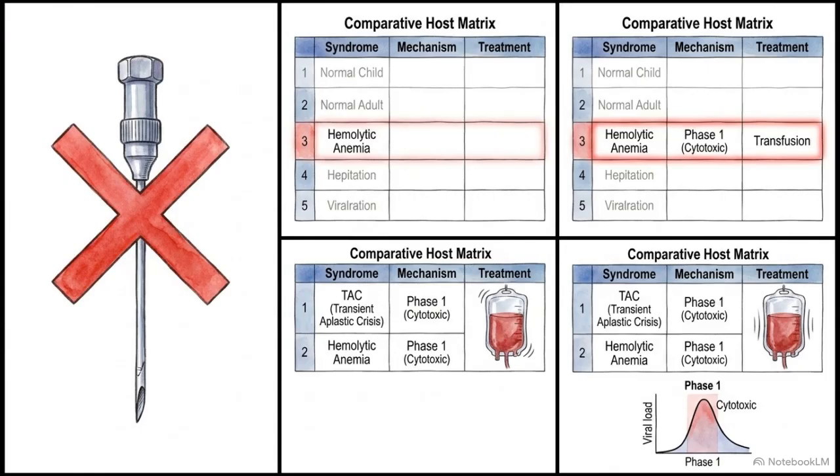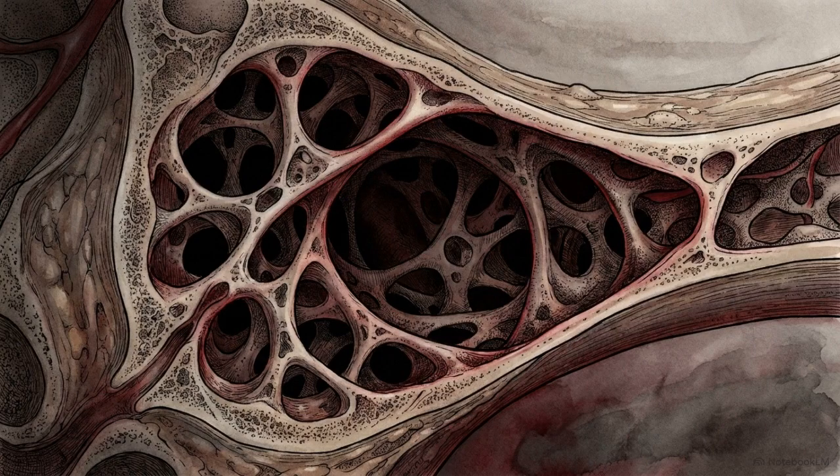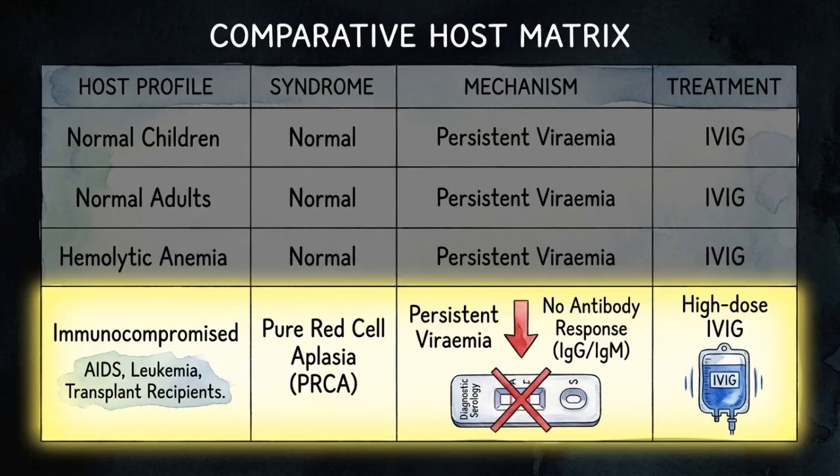These patients need repeated blood transfusions to maintain oxygen delivery until their immune system can mount a Phase 2 clearance. When the bone marrow is already operating at maximum capacity, a temporary halt in production becomes a life-threatening emergency long before antibodies can form. In row 4, we move to patients with leukemia, AIDS, or those receiving organ transplants, hosts